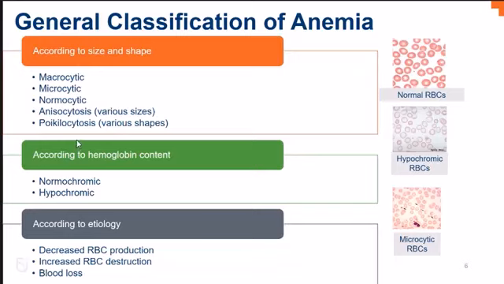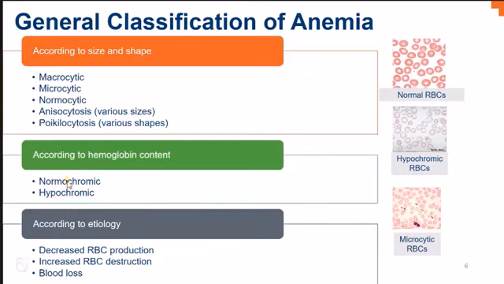The term poikilocytosis is when you look at a smear of blood under a microscope and you see that the red blood cells actually take on various different shapes. So they could be that normal circular shape, or they could take on a sickle shape, which we'll see later on. We can also classify anemias based on changes that affect their hemoglobin content using descriptive terms such as normochromic